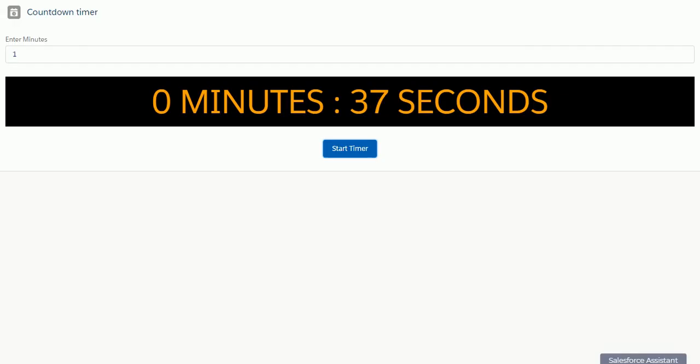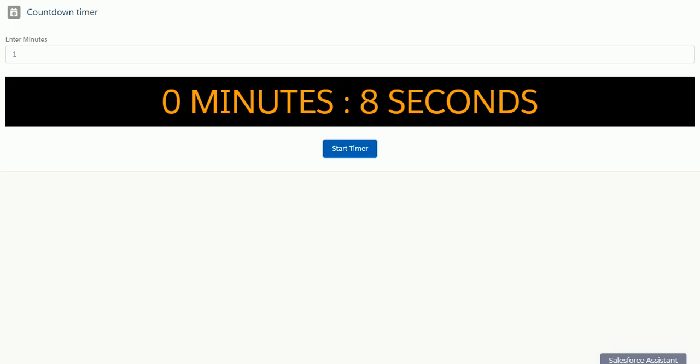So we'll check whether our logic is working or not. We'll just wait for another 30 seconds. Still there are like 20 seconds. We can also embed this timer component in our case detail page, to track that in this amount of minutes the case should be resolved or an email should be sent. In that scenario, we can just embed this timer component here.